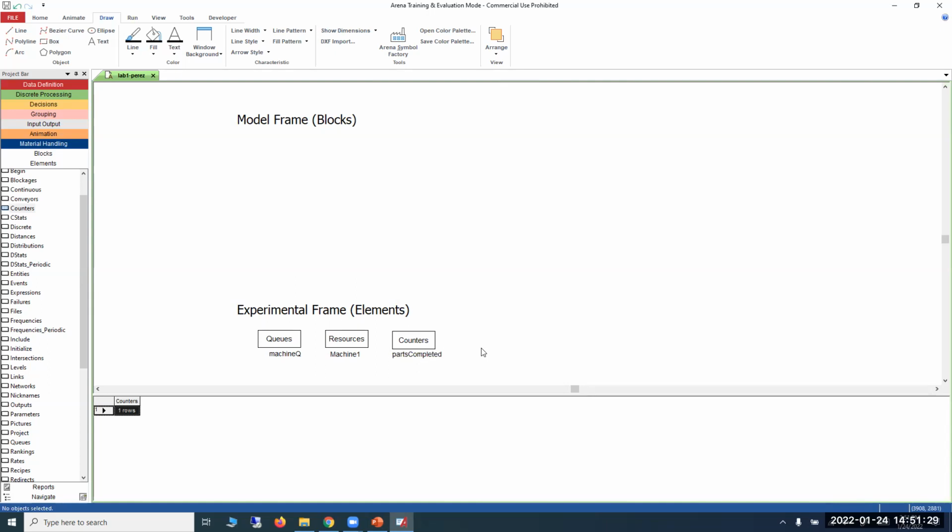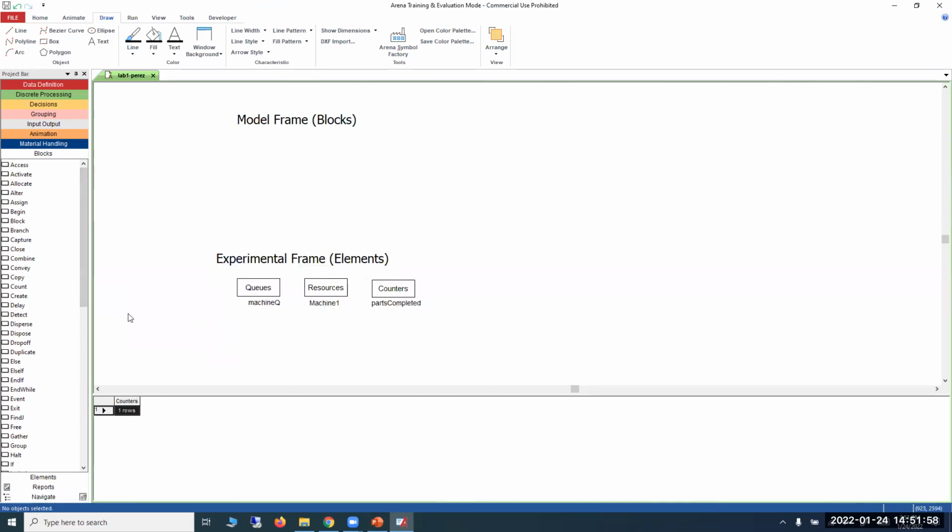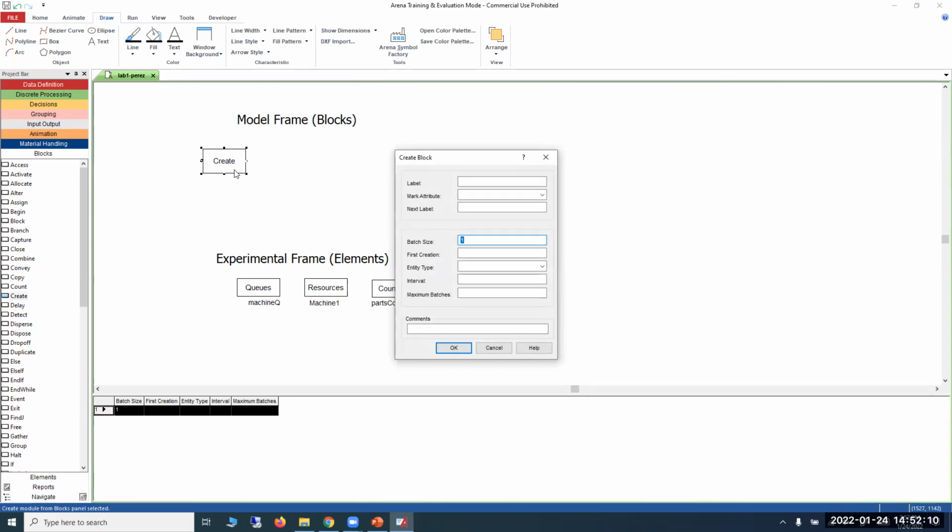Okay, so I have defined my experimental frame. These are the 3 things that are going to be part of my model. These are the 3 things that I'm gonna use for my experiments. Now I can build my model. Any questions? So let's go to the blocks. We're gonna start by creating some entities. So I'm gonna use the create block. The create block is used for creating entities. So if you click here,